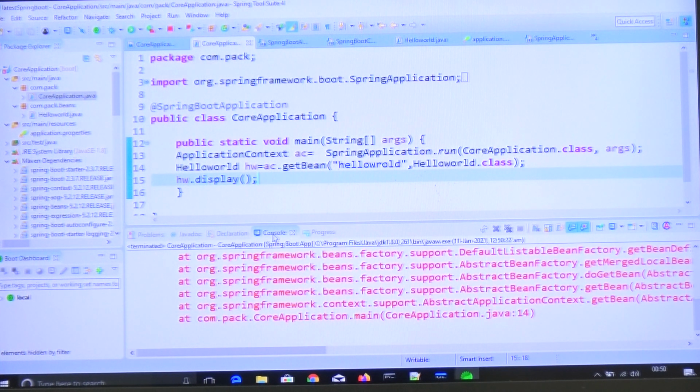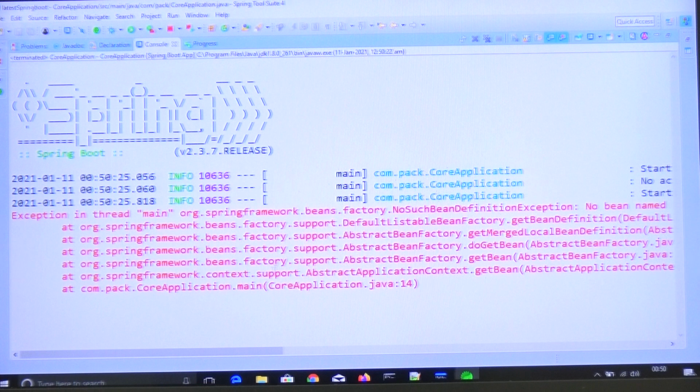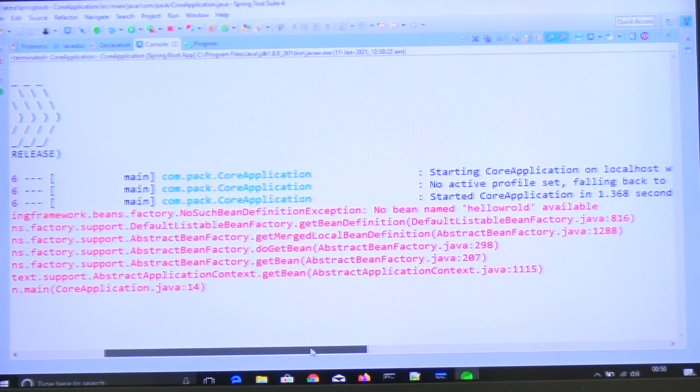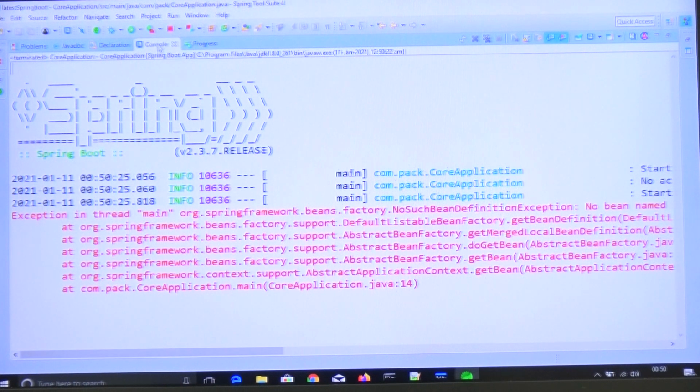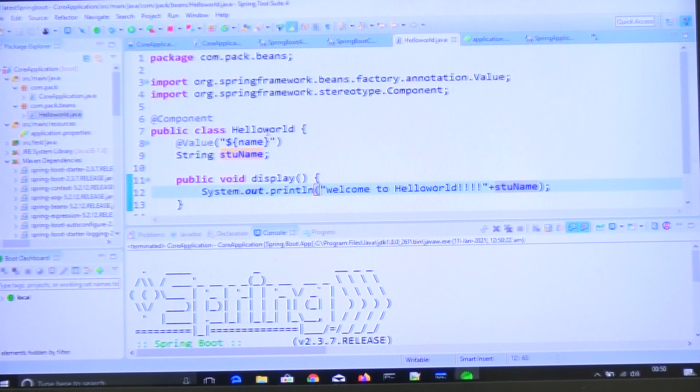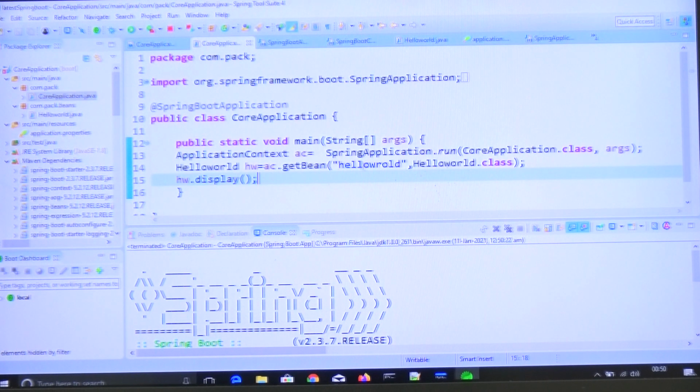Sorry, 1 minute. Oh sorry, yeah, here I have made some mistake. So what is this one? How is it going to be registered inside this one? helloWorld. Just copy this one, come to the core application and copy here. Just change the first letter to small h. Save the file and now run the application.